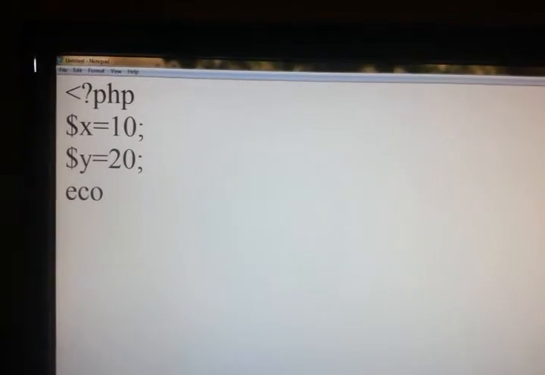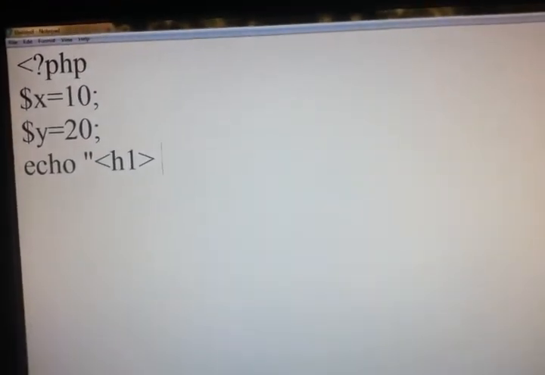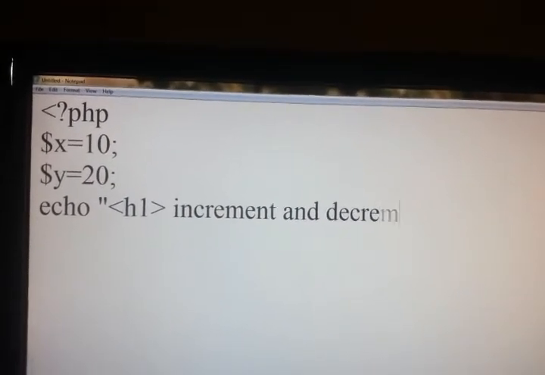Opening PHP. $x is equal to 10, $y is equal to 20, echo increment and decrement operators.